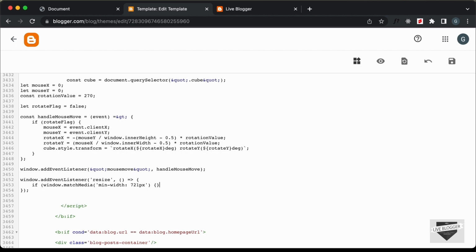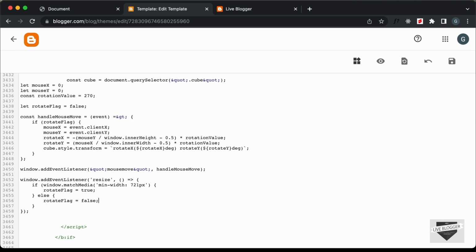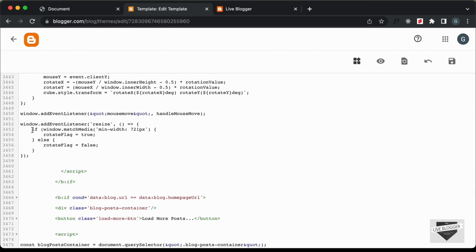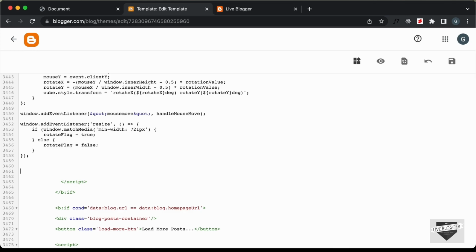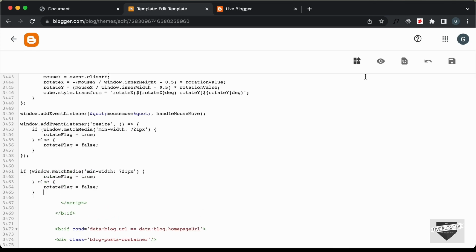So let's write the code. So here I'll just type rotate flag equals true, and if that's not the case, then let's add an else over here, and in the else I'll just type rotate flag equals false. Right now this code will only run when we resize the browser window, but we need to run this code at the beginning as well. So let's copy this and paste it outside. Right now let's click on save,